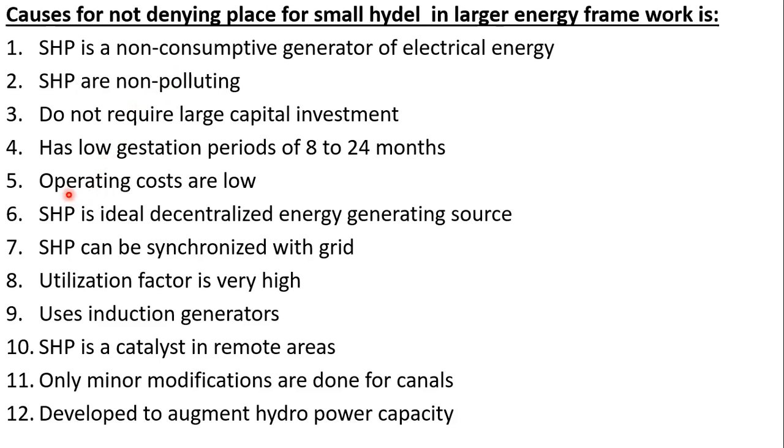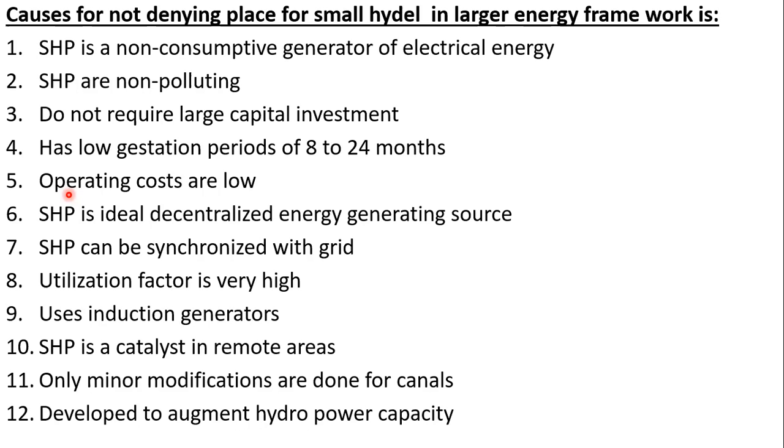And fifth one is operating costs are low. Operating costs are very low and this equipment does not need trained and skilled personnel also. With the introduction of microprocessors, the small hydropower stations are run unattended. That means these are left to the microprocessors only, which will automatically operate this SHP. Further, freedom from fuel dependence together with the long life of the SHP plant makes the installation resistant to inflation.